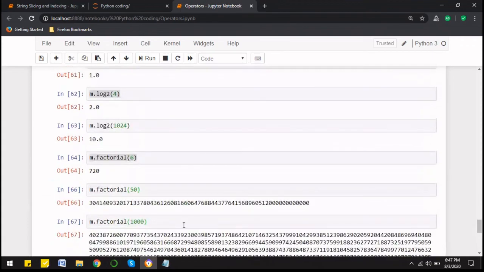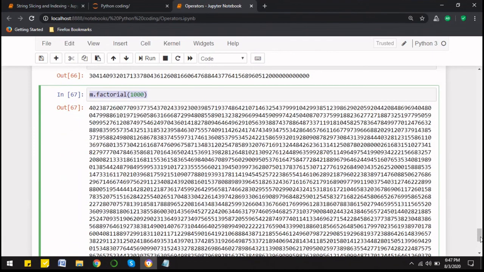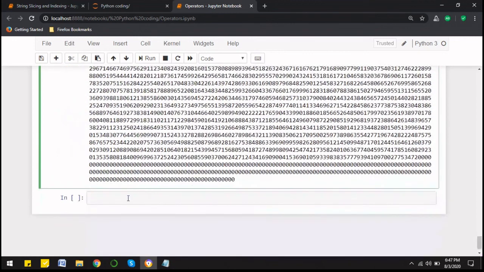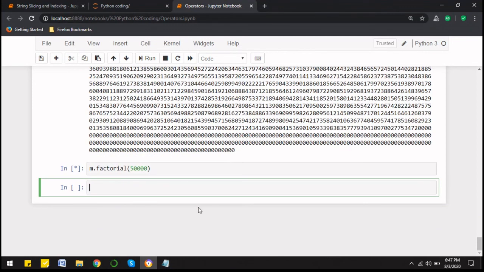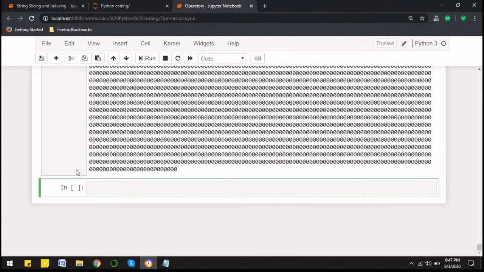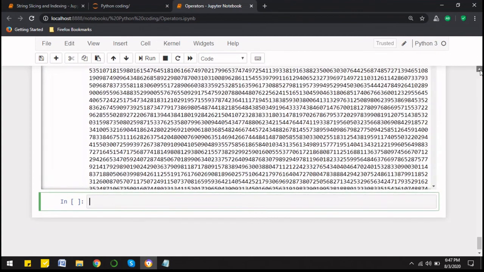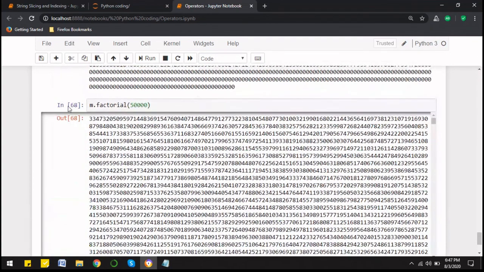Now one more interesting fact. Let's say I want to find the factorial of a bigger number, let's say 50,000, right? Here you will see that it is going to take some time to calculate the result. See, it is getting processed. This star symbol is telling us that it is being processed. It did not take much time, but compared to the other values it took more.